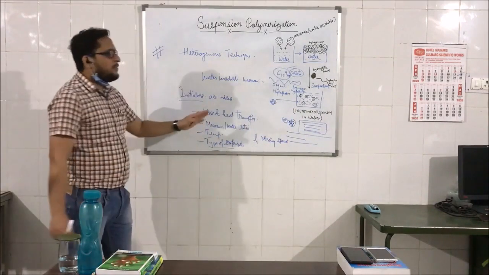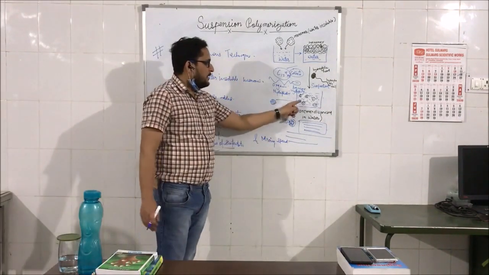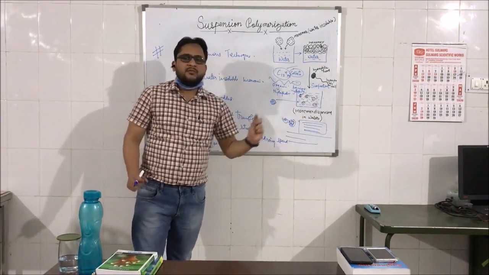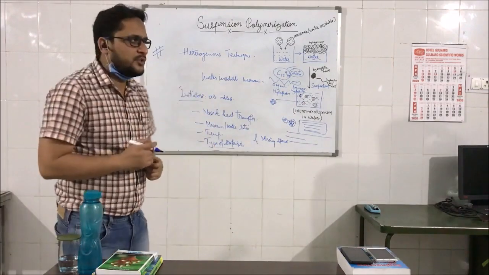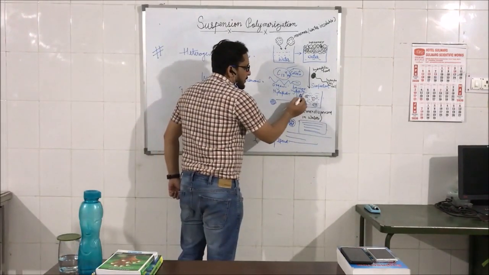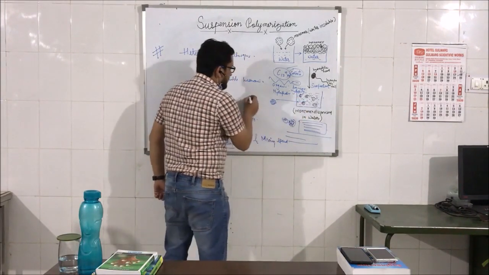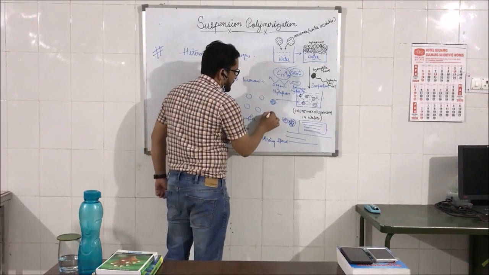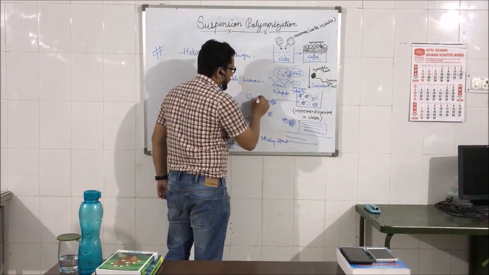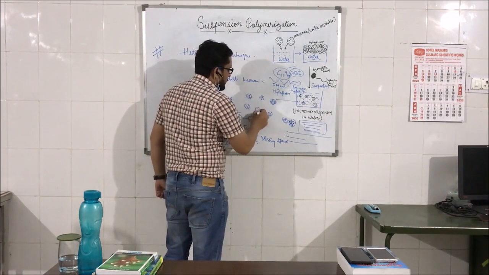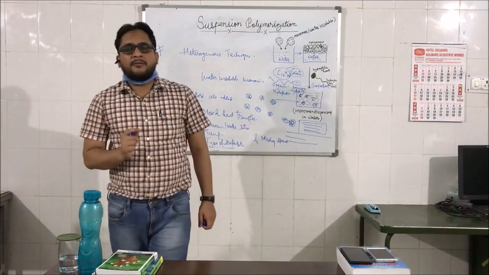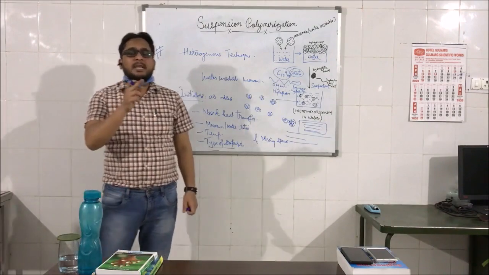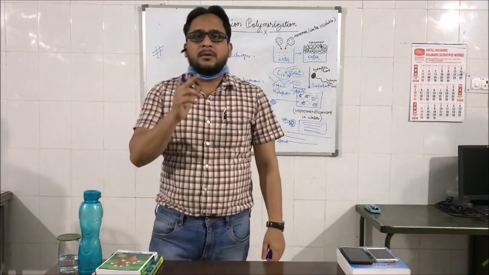So when the polymerization completes and the same length of polymers are formed in all these droplets with almost 100% conversion rate, all these droplets will become bead-like. All these droplets will become like beads of polymer, or you can say pearls of polymers. It looks like beads or pearls, and therefore this suspension polymerization technique is also known as bead polymerization technique or pearl polymerization technique.